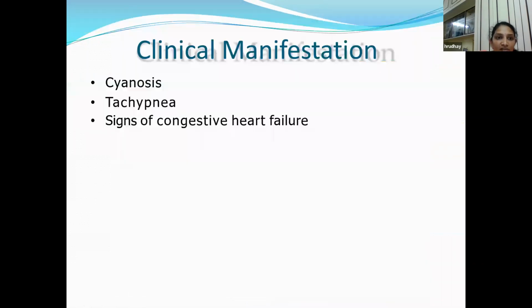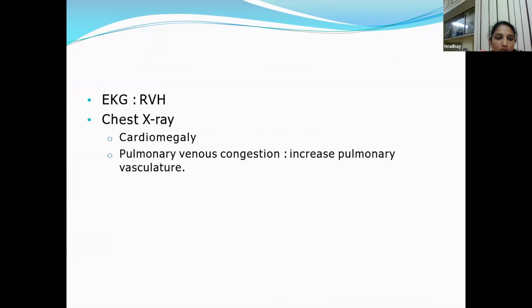So the clinical manifestations, as we know, they can present with cyanosis, tachypnea, respiratory distress, or congestive heart failure. ECG shows right ventricular hypertrophy. Chest X-ray shows cardiomegaly, and if there is a connection, increased pulmonary blood flow. Even if there is no connection, the pulmonary blood flow will be increased. So plethoric